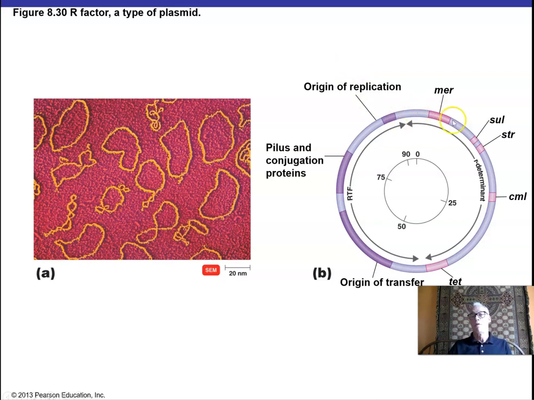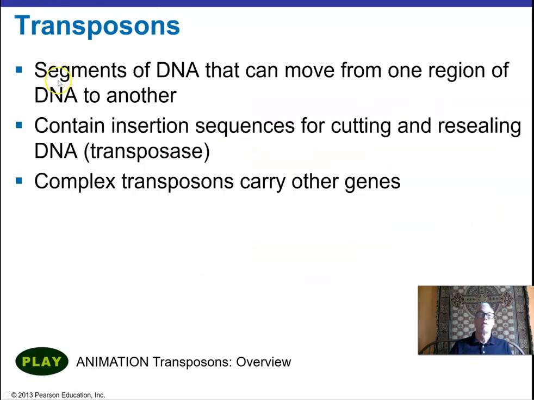So here's a picture of a multi-resistant R factor. All these different three-letter titles refer to genes that produce products that can allow bacteria to be resistant to different types of antibiotics. Tetracycline, for example, is a resistance marker for tetracycline. So, troublesome. One bacterium becomes resistant to an antibiotic, it can spread in the whole bacterial community within the body, cause